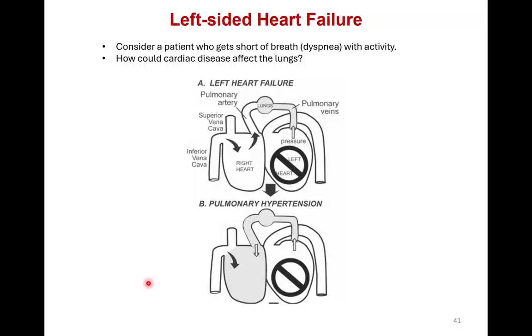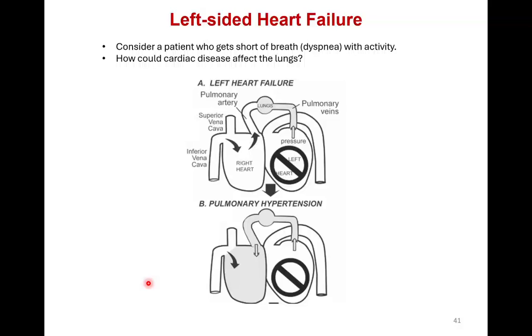Shortness of breath is known as dyspnea, right? And so the question becomes, how could a patient with shortness of breath, how could that sign and symptom be related to what's happening with the heart? Because if you think about shortness of breath, what immediately may come to mind is that the lungs are the problem, right? The patient may have